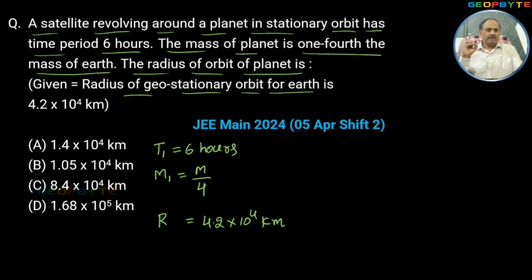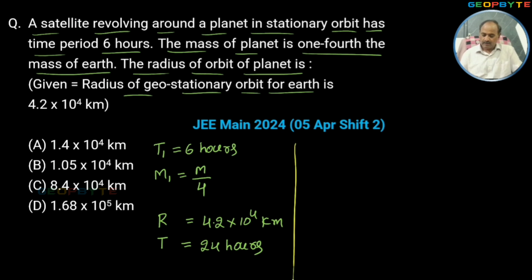As you know, on the earth's surface, the time required for a satellite for revolving is equal to the time required for the earth for completing one revolution about its axis. That is the time period for the earth to rotate about its axis, let it be T equal to 24 hours. Okay. Now